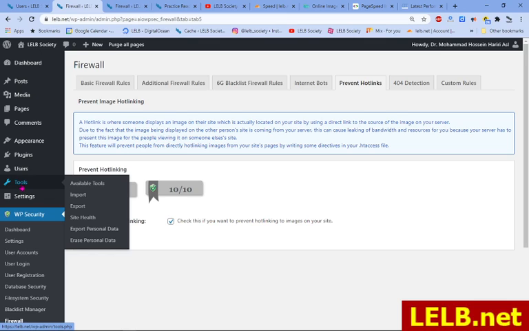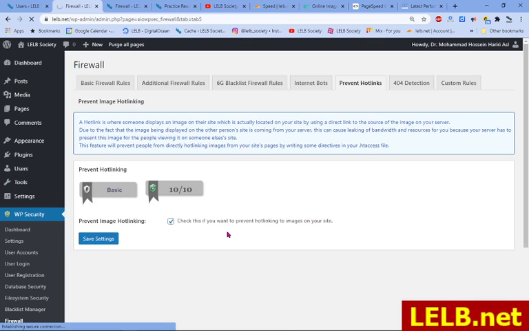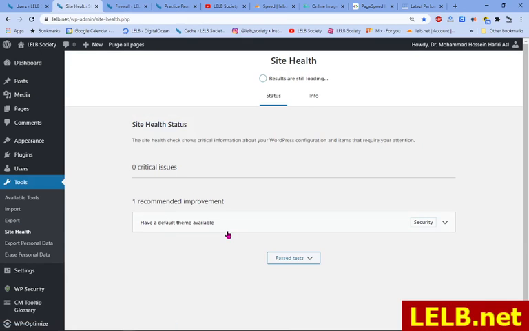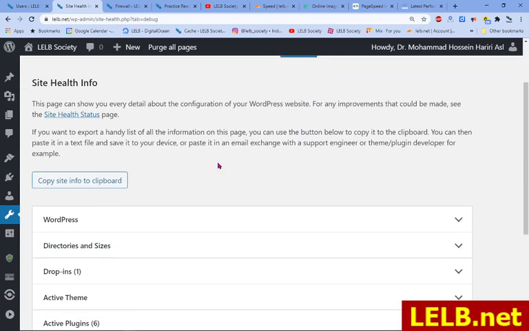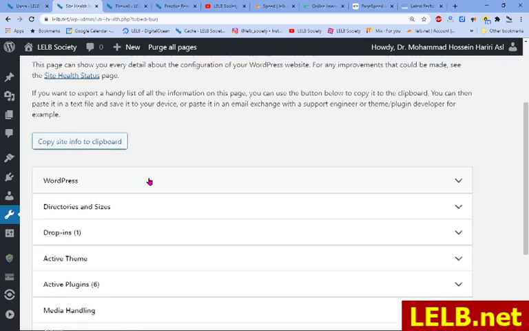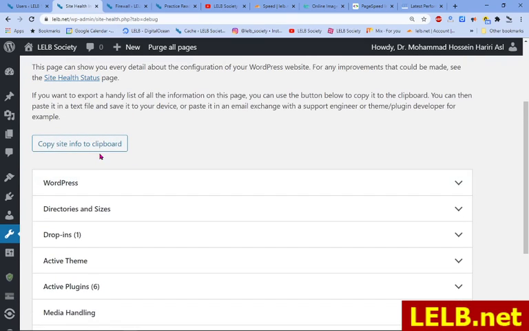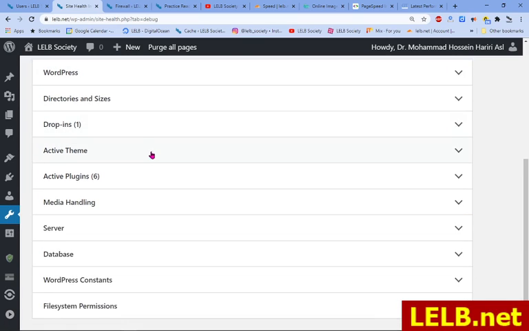tools, and then go to site health. Okay, and there are 2 tabs here. Go to info, and this can give you all the information or data about your WordPress installation, and even you can copy site info to a clipboard, and just go to server,